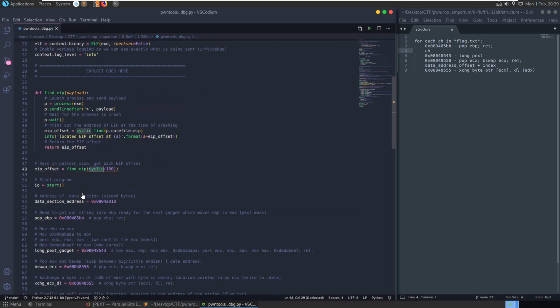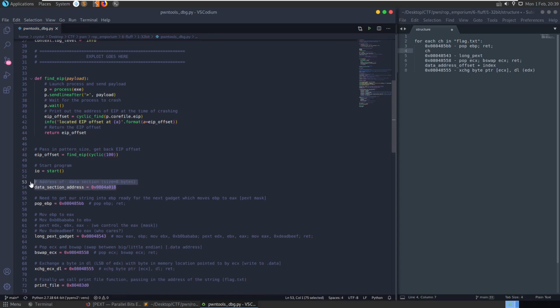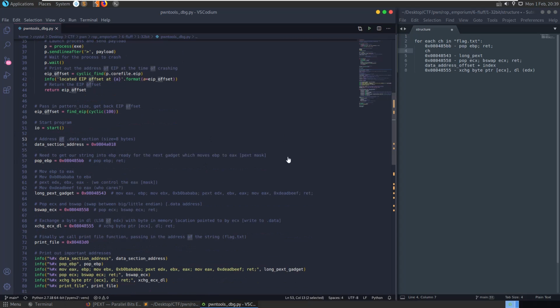but we know it's going to be 44 anyway. And just as usual, we have our data section address, which is the offset of the .data section, where we know we have 8 bytes free. I'll not go into checking all that stuff. We've done that in all the previous videos. And we have our print file function as well, which we know we need to call at the end. So I've basically just plugged in the values here. Our pop EBP, you can see the BB here. Our long gadget is right here, ending in 4.3, and then our bswap gadget is ending 5.8, and then exchange